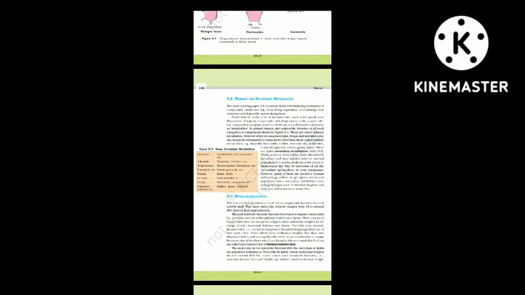9.3 Biomacromolecules. The acid-insoluble fraction has only 4 types of organic compounds: proteins, nucleic acids, polysaccharides and lipids. These classes of compounds, with the exception of lipids, have molecular weights in the range of 10,000 Daltons and above. For this very reason, biomolecules, i.e., chemical compounds found in living organisms, are of 2 types. Those which have molecular weights less than 1000 Daltons and are usually referred to as micromolecules or simply biomolecules,